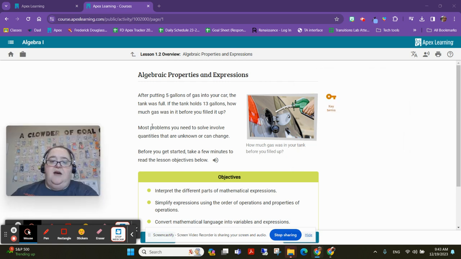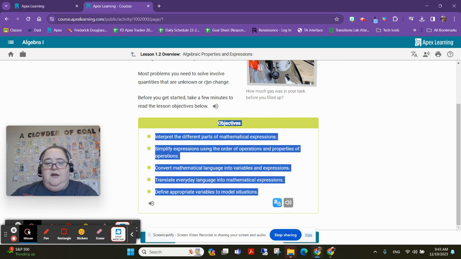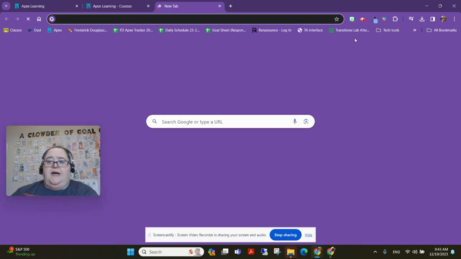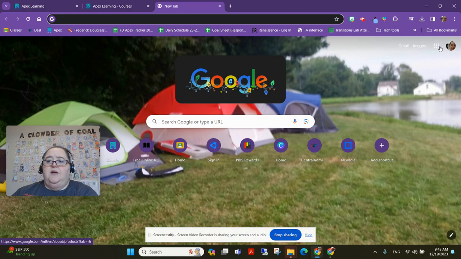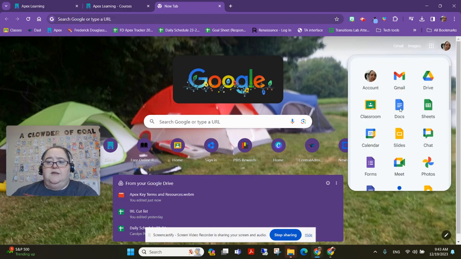One of the reasons why I point this out is because this has your objectives. And I don't know how many teachers you've talked to, but objectives are basically how we say what you're going to learn. So I always tell students it's a really good idea to take a look at these objectives. What I'm going to have you do is open a new tab and create a brand new doc. So we can go to docs